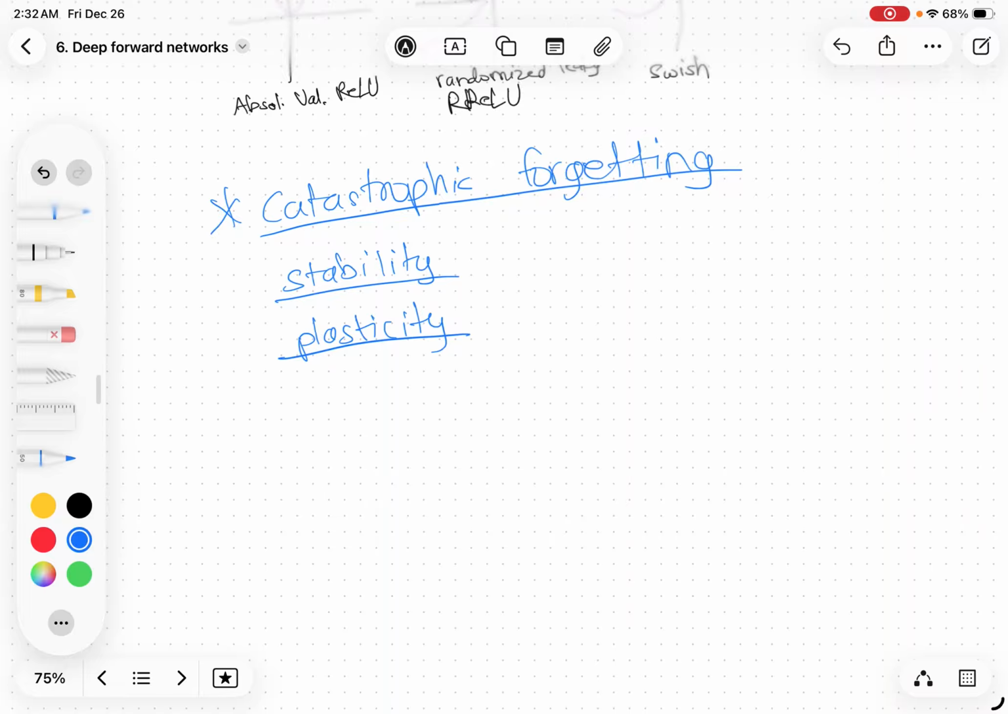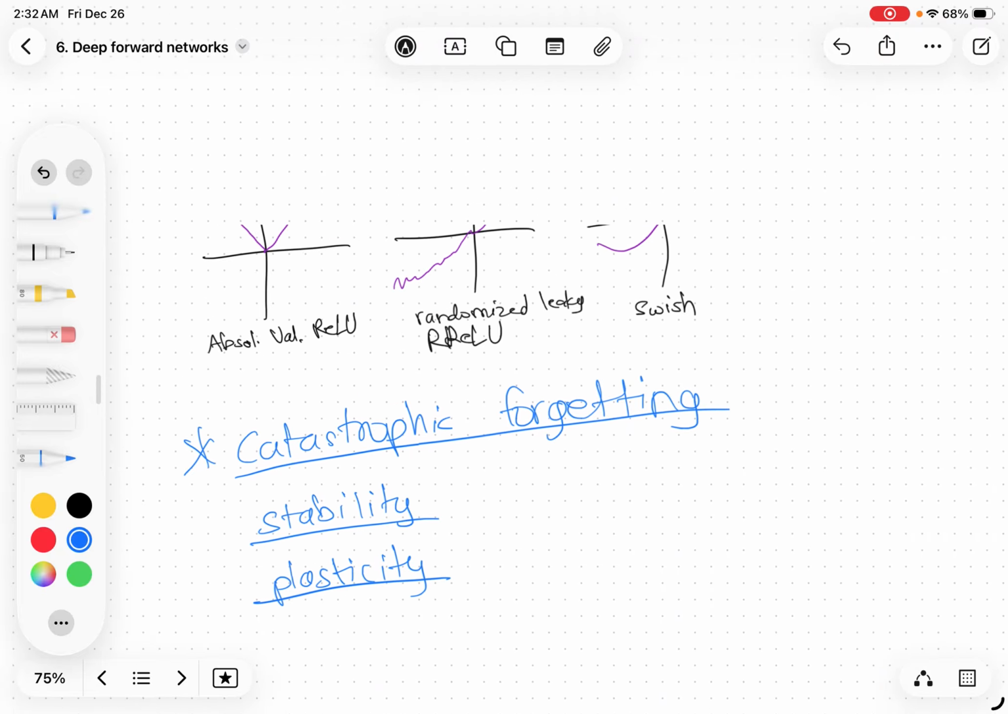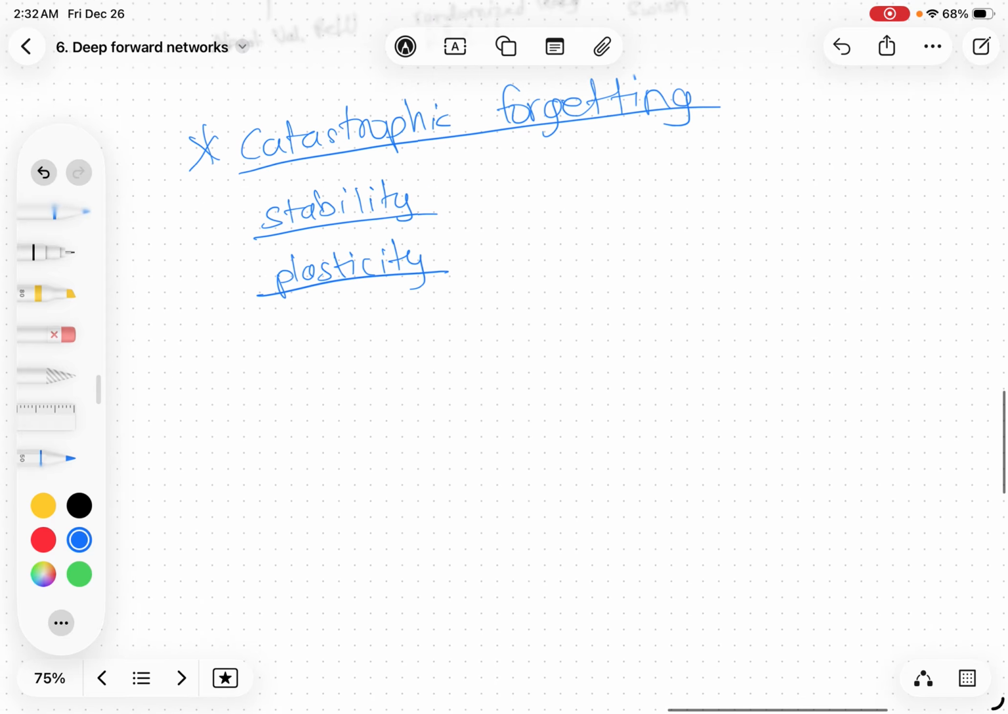And maxout generalizes ReLU and leaky ReLU by taking the maximum of a set of linear functions, creating a piecewise linear approximation. Okay, so the next concept here is